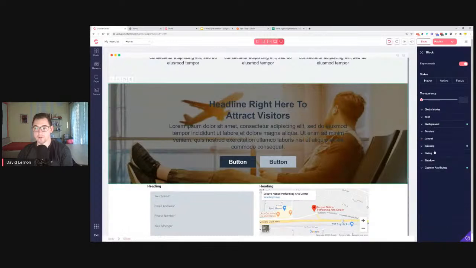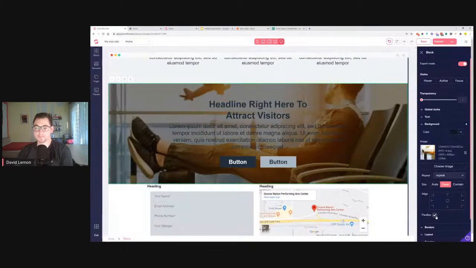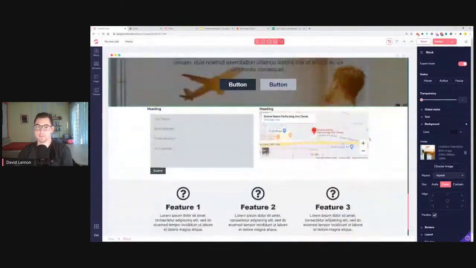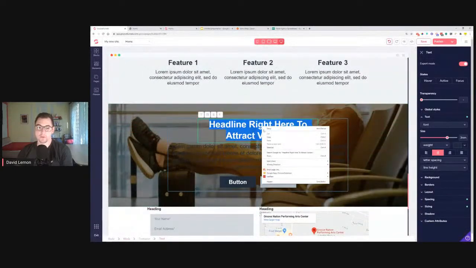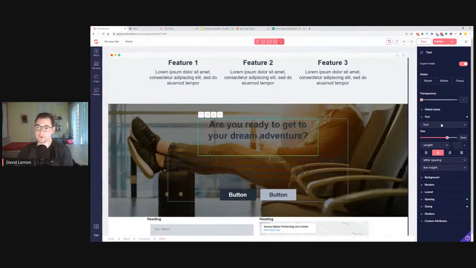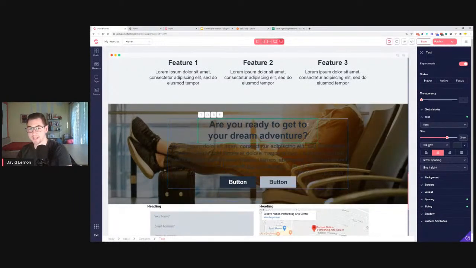And then I forgot the most important part. Background needs to be parallax. So once this is turned on, as you can see, the image is staying on the same place, but everything else is scrolling away. So I will be just pasting in the text that I've copied over, applying the style,